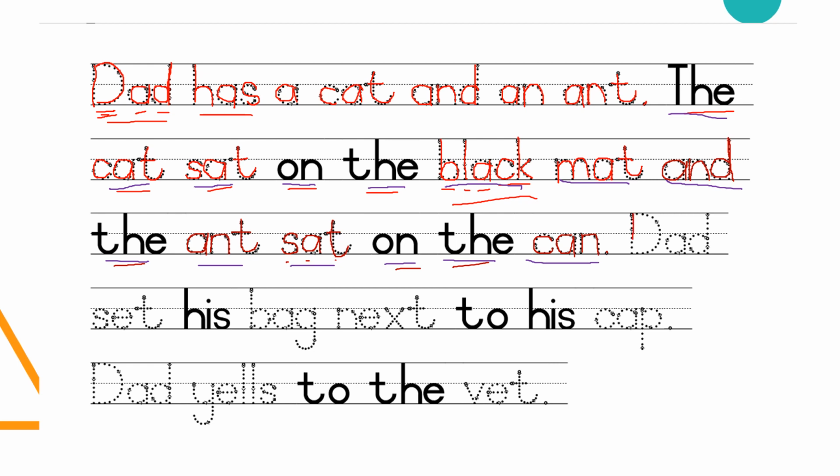Our third sentence, again a capital D for the word dad. And you can see your sentences don't need to start on a new line. They start immediately after the end mark of the sentence, the period or the full stop. So here again we have the word dad, but this one has the sound but with an E. Dad set